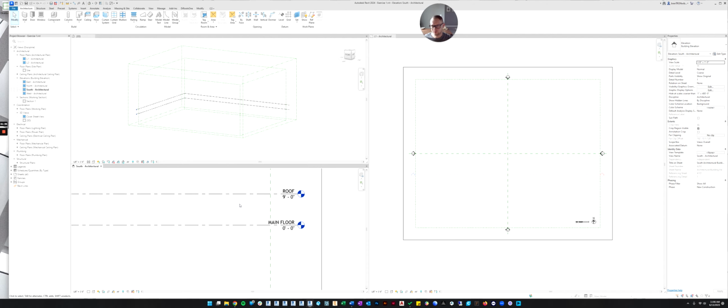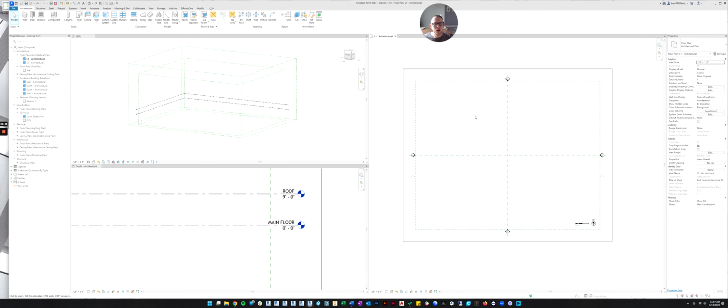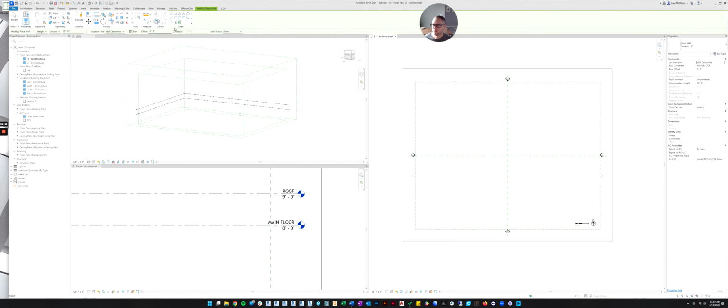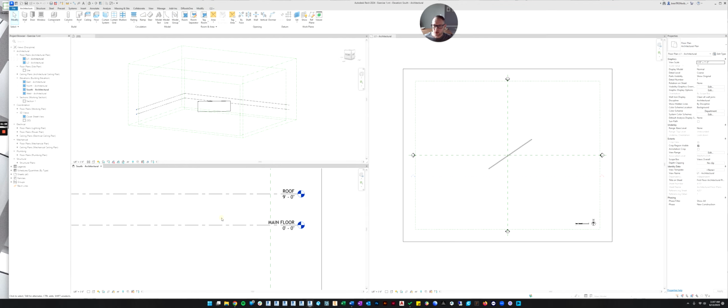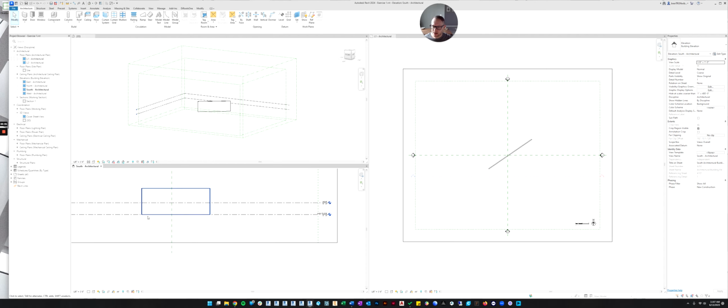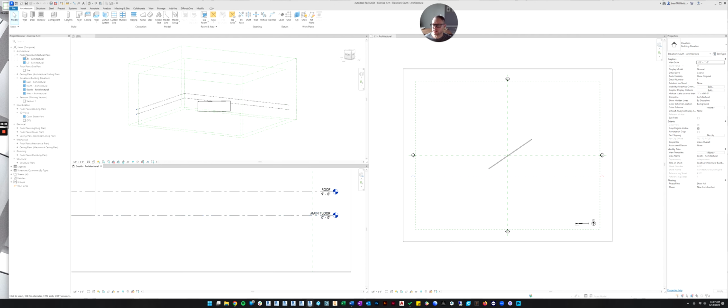Now what you need to understand is this view, level 1, that we have open right here. When you draw, it's automatically assuming a level somewhere. So for example, when I draw my wall like this, you can see it automatically places the bottom of my wall on the main floor because that was level 1.